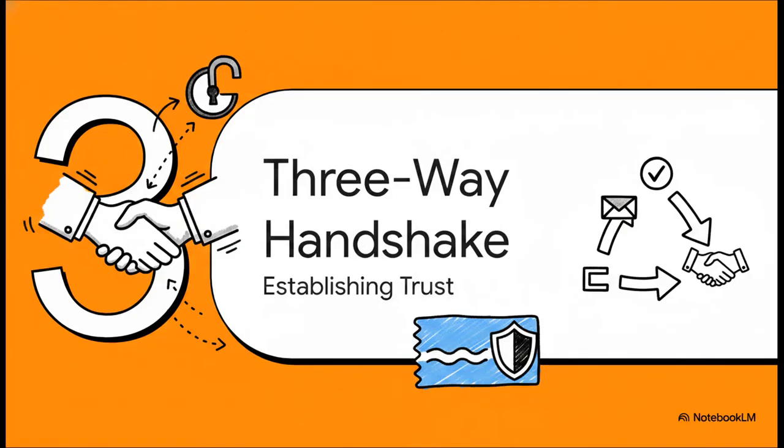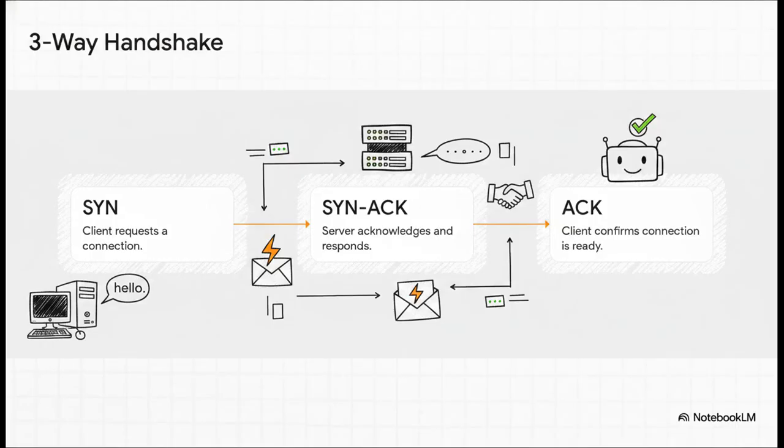All right, Section 3, the three-way handshake. Let's see exactly how TCP establishes trust before a single byte of data even moves. Let's walk through how this builds step by step. Step 1, the client sends a SYN, or synchronized packet. It's essentially knocking on the door and saying to the server, "Hey there, I'd like to open a connection with you." Step 2, the server replies with a SYN-ACK, basically meaning,